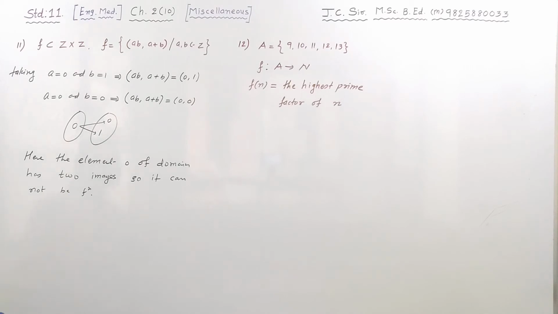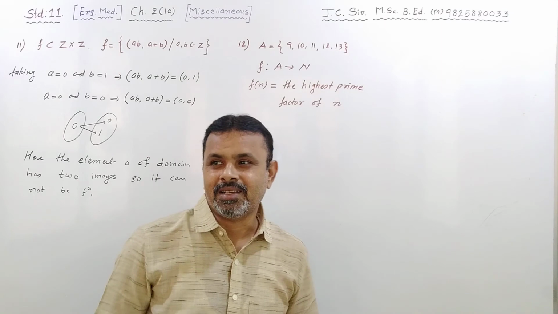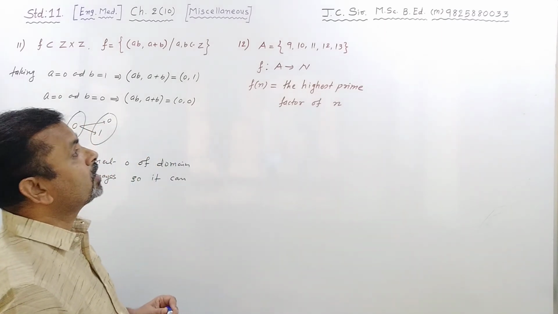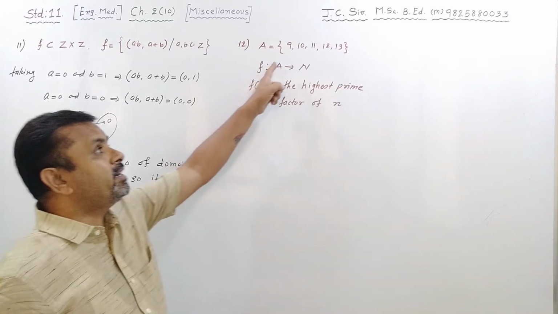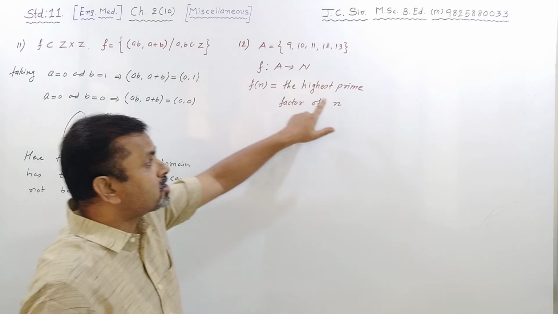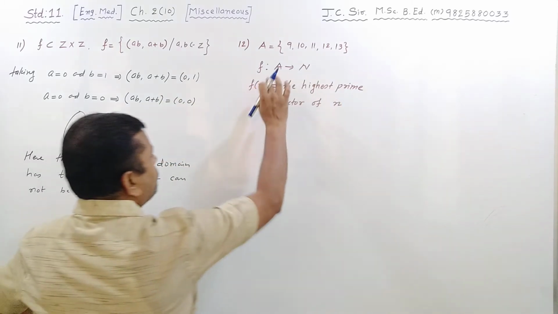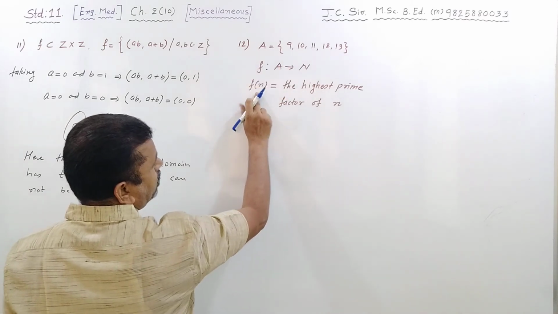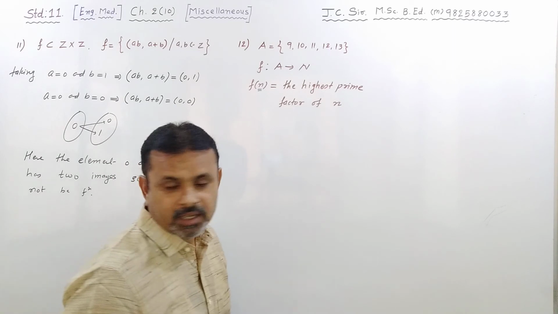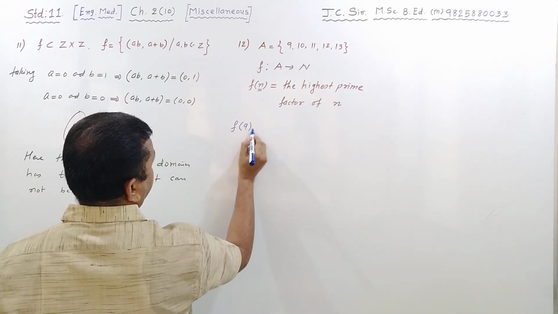Clear point. Now the last sum, and remember it, you will need to concentrate a little. Okay, the domain has 9, 10, 11, 12, 13. The relation Fn is the highest prime factor of n. So find the range. We will start from F9. Where do we take n from? Obviously from the domain, and the domain is A. So start from 9. The first element is F9.